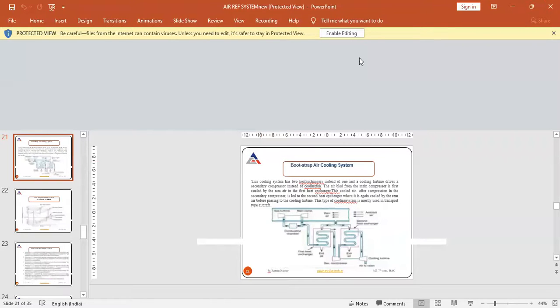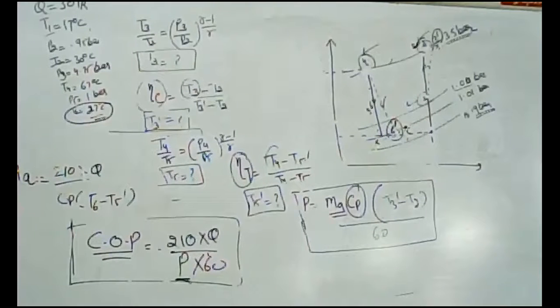Okay. Now I am going to release the poll. Everybody must answer this poll. I am going to release the very first poll. The isentropic efficiency of compressor in air refrigeration cycle is,